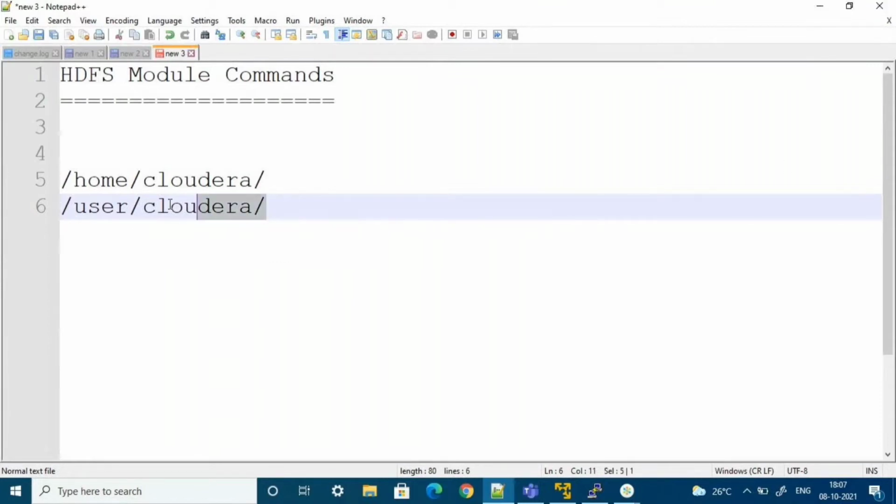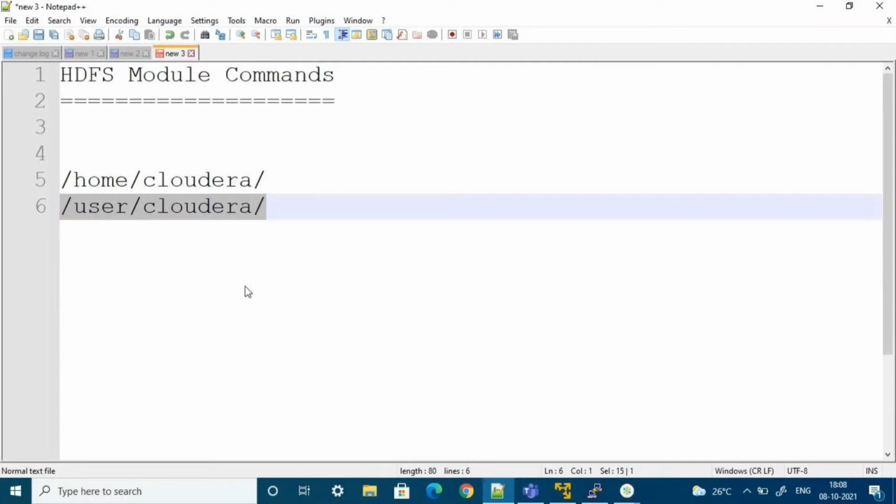In real time, your project manager, tech lead, or Hadoop admin team will provide this. They will confirm which path is your HDFS path.